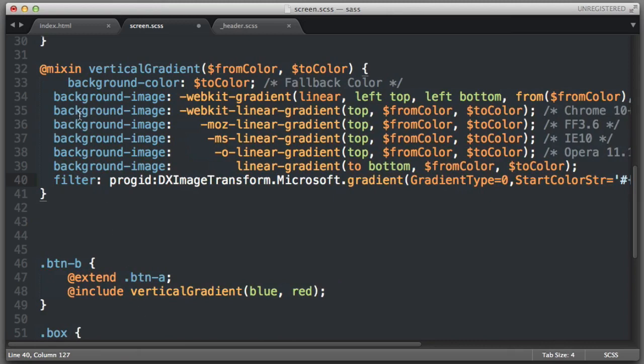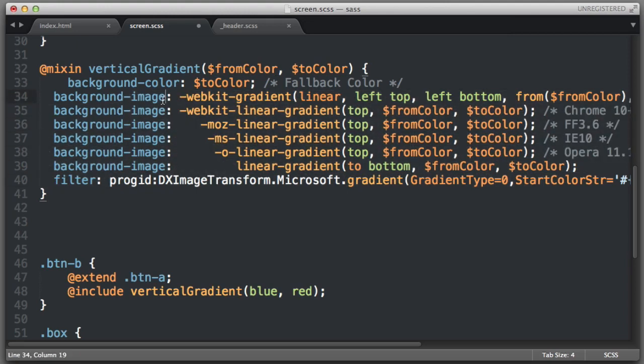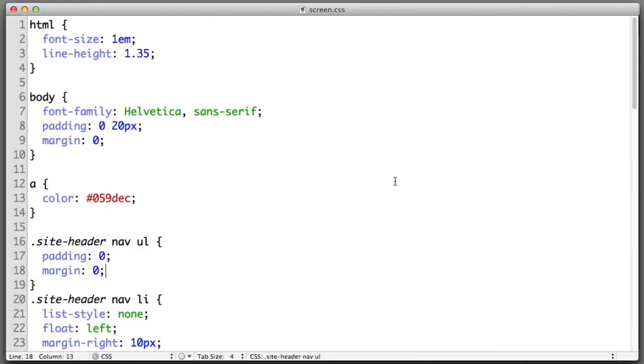So all that's going on here is we're providing all of the different syntaxes. So here's the old WebKit way, the new WebKit way, the old Mozilla way, Microsoft, Opera, the modern way, the crazy old Microsoft way. You get the idea. And instead of hard coding in color values, we used the parameters of FromColor and ToColor for all of the lines of code. So now, if I save, and we take a look at the CSS that the Sass compiler